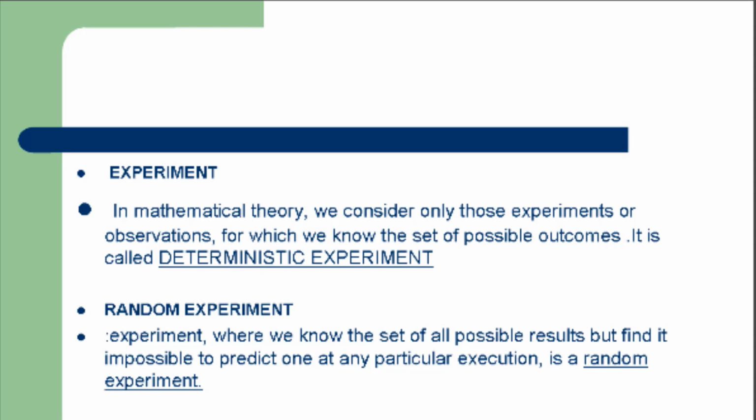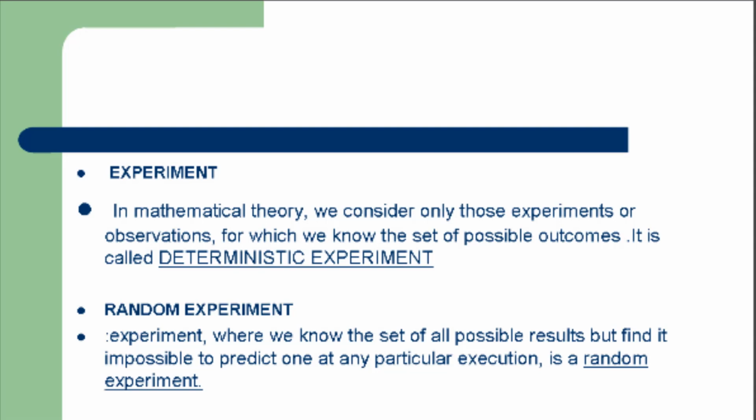A deterministic experiment indicates that whenever you perform a particular task, you know the outcome of that task. For example, if you write the exam, you know the two chances: either you will pass or you will fail, right? That is called a deterministic experiment. Now, when we come to the random experiment,